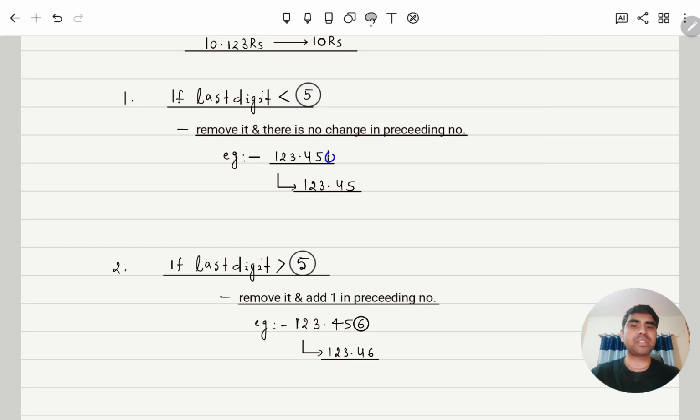Preceding number means, this is the last digit and this is the preceding number. So if the last digit is less than 5, no need to change, you just remove the last digit, and this is the rounding off. If the last digit is greater than 5, then you remove it and add 1 to the preceding number. So removing 6, adding 1 to the preceding number,